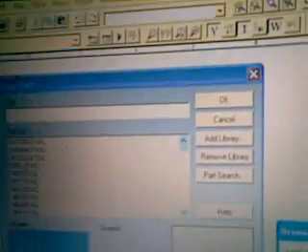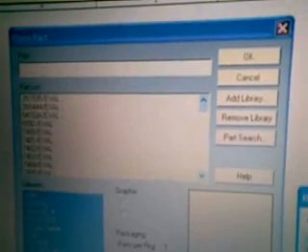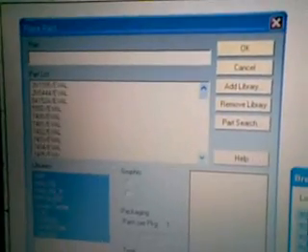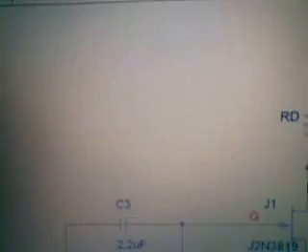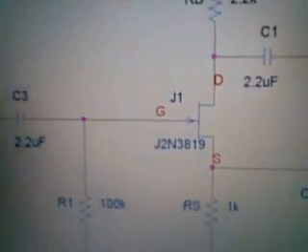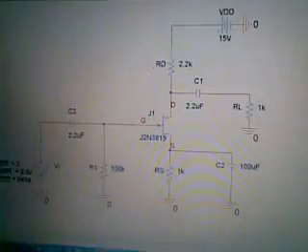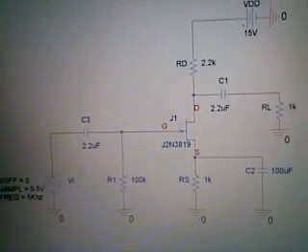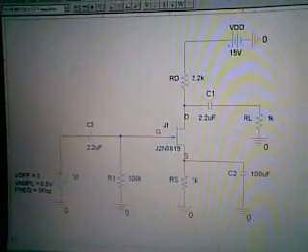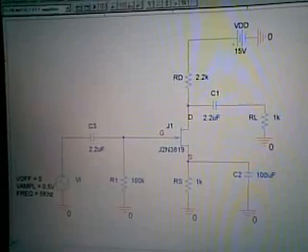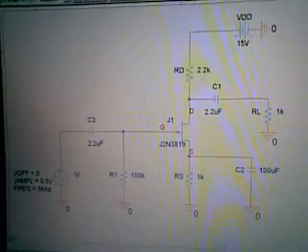Now you can place any element you want to place on the graphic window by just typing its name. That is, if you want to place capacitor, just type C. If you want to place resistor, then just type R, or VDC for DC source and V sign for AC source. This is the model of FET amplifier.